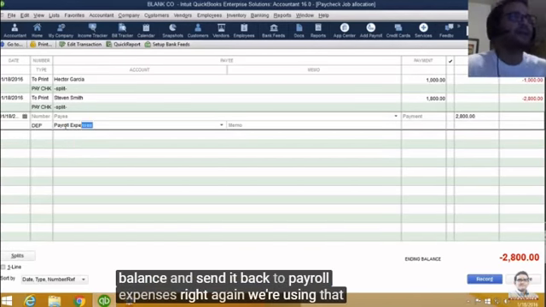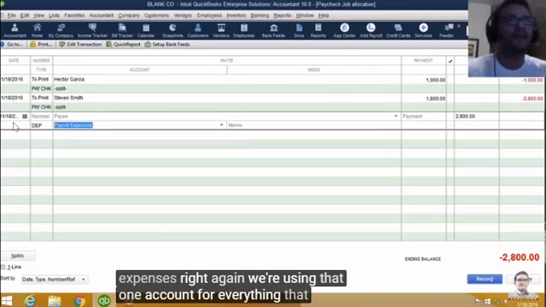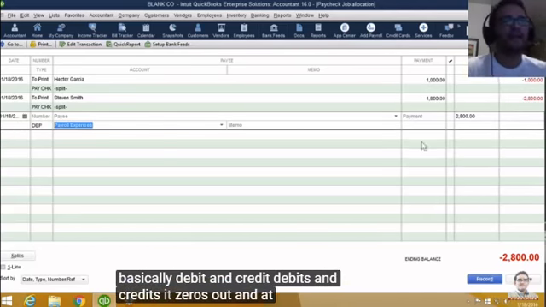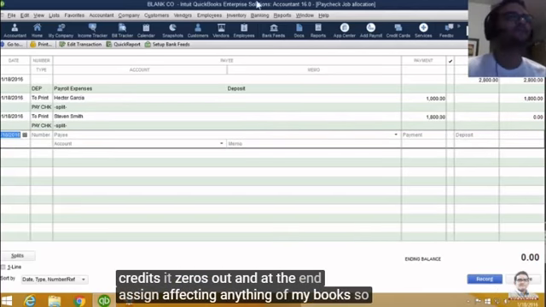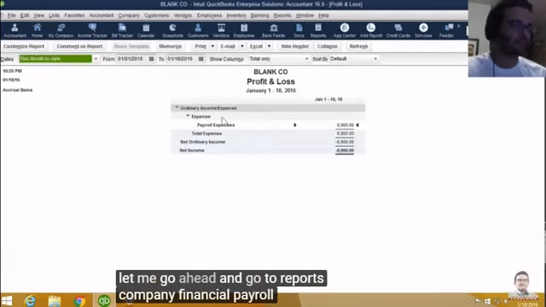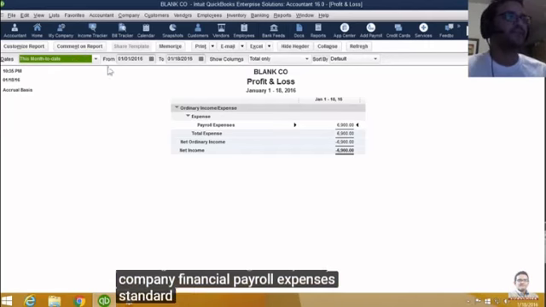Again, we're using that one account for everything. That way, it's basically debits and credits. It zeroes out, and at the end, it's not affecting anything of my books. So let me go ahead and go to reports, company financial, payroll, expenses standard, and then we're going to see